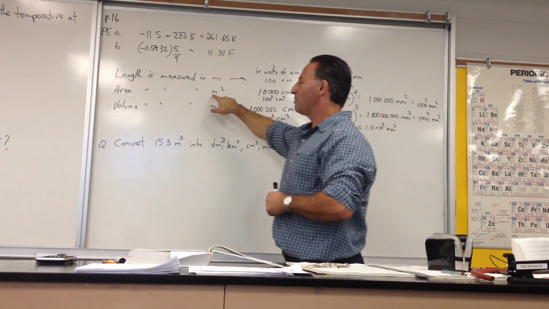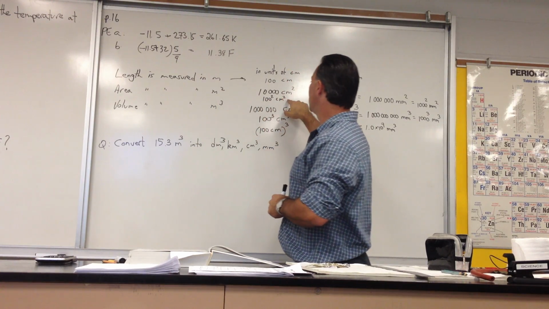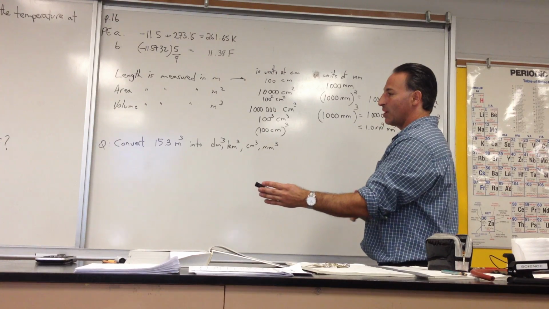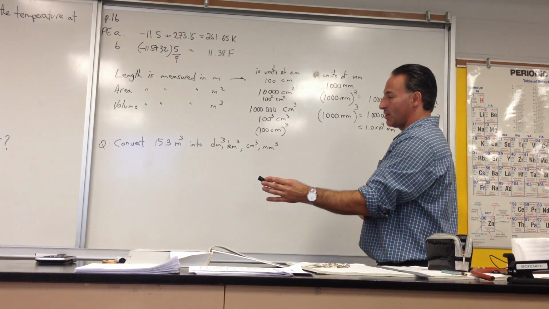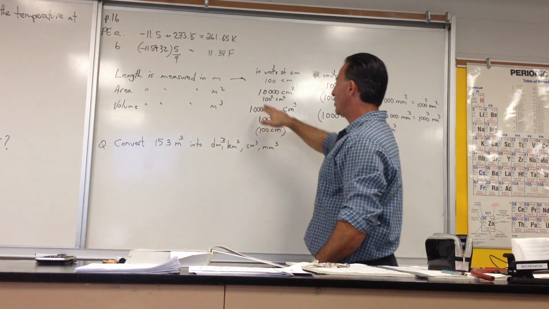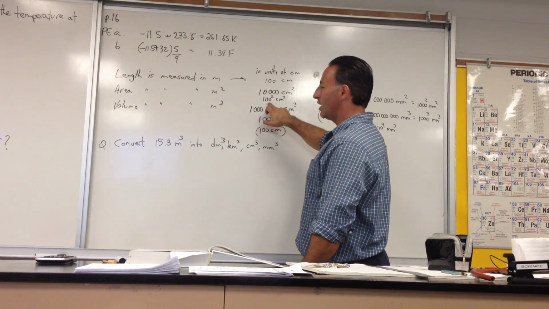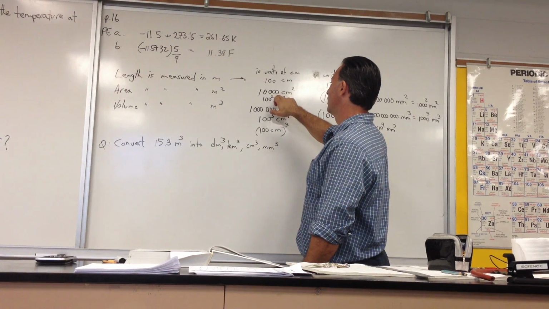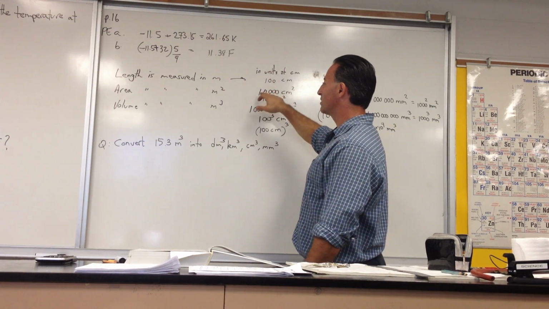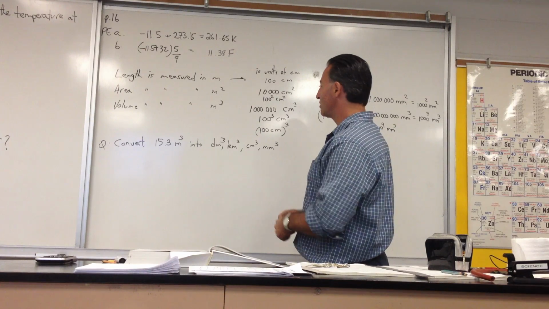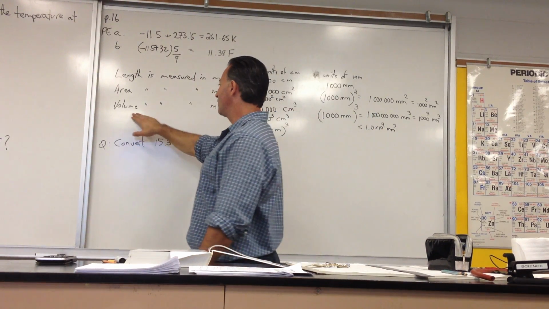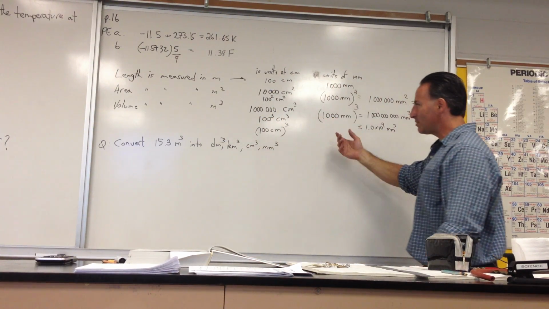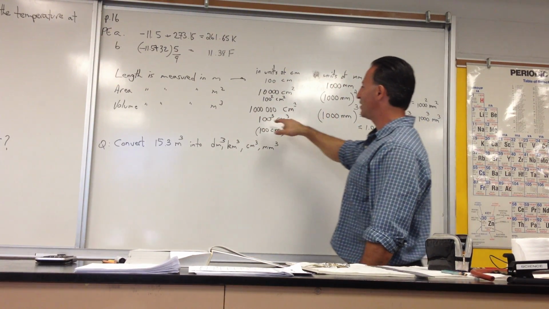But if you have a square meter and you want to turn it into square centimeters, you have to multiply by 100 centimeters by 100 centimeters because there's length times width in area. So 100 times 100 will give you 100 squared centimeters squared. That equals 10,000 centimeters squared. Sometimes students are surprised to see how big the numbers get when you change the units. And if you want to convert a volume of 1 meter cubed into centimeters cubed, you have to keep in mind that you're multiplying 3